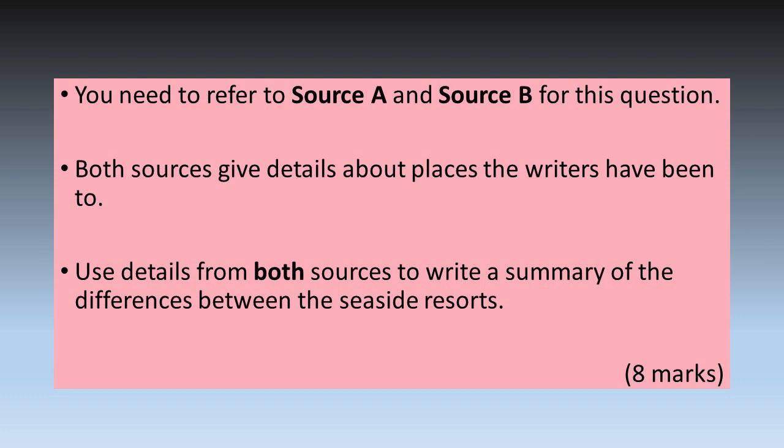this question here for us to think about. So you need to refer to source A and source B for this question. Both sources give details about places the writers have been to. So they've both been to the seaside. Use details from both sources to write a summary of the differences between the seaside resorts. So they're very different places. You probably want to find 3 or 4 references to what those places are like from each of the sources